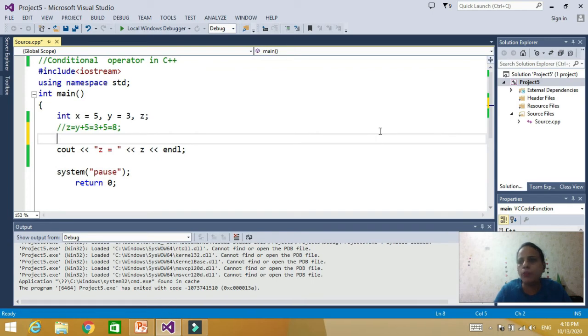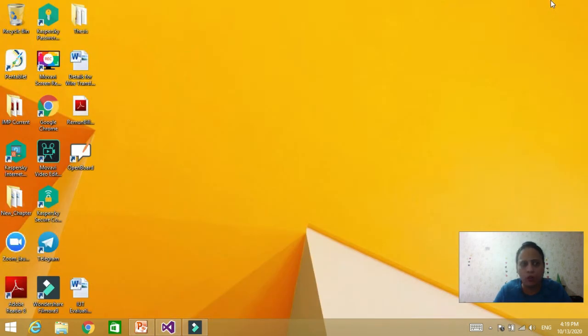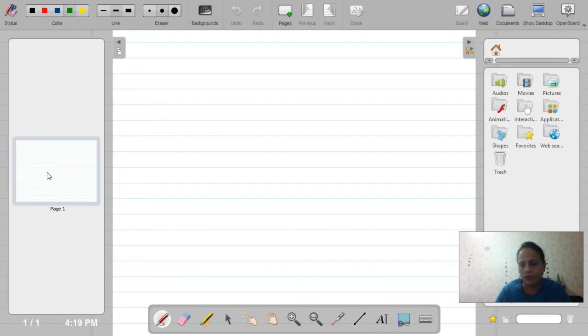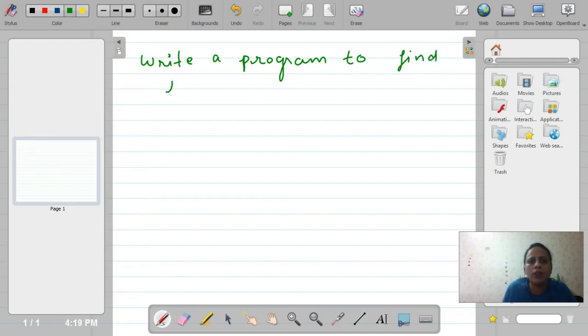Now let's write a simple program using this conditional operator. Let's say I want to write a program to find the largest among two numbers. We have two numbers given to us and we want to find which one is larger.